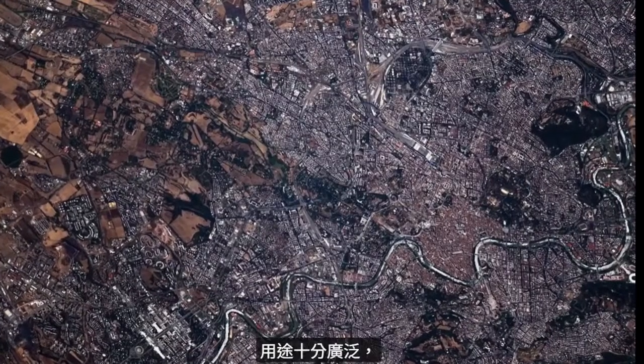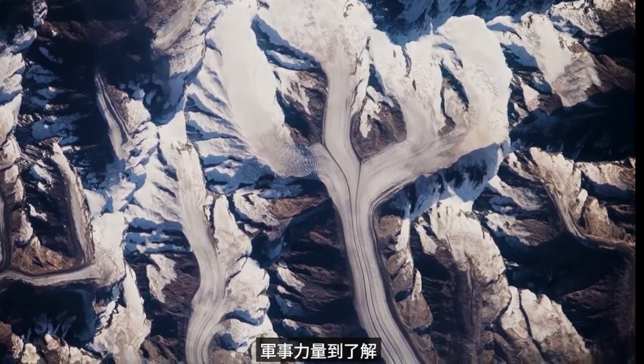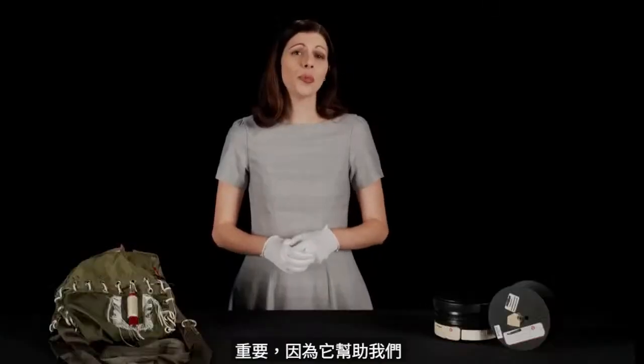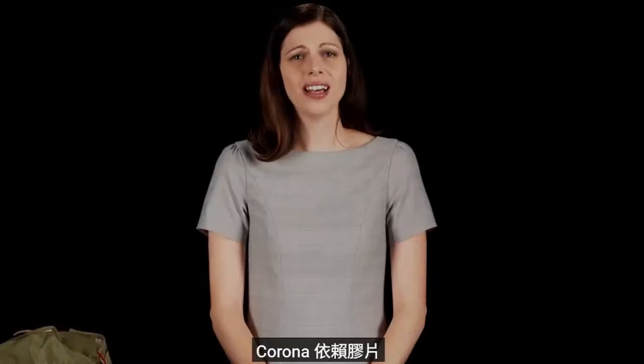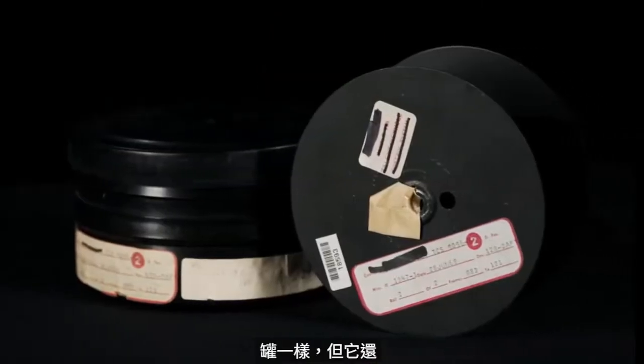Photo reconnaissance imagery is used for a variety of things, everything from assessing military forces to finding out the production of grain in a country. In this case, Corona was really important because it helped us better understand the buildup of Soviet military power in the country. Corona depended on the successful physical recovery of the film, like the film here and this canister from Corona,